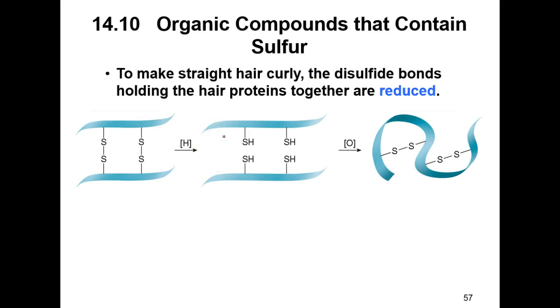All right, basically how a perm works is if you have straight hair, you might still have these bonds, but what happens is that there are two chemicals that you put in the hair in order to get a perm. The first one breaks every single sulfur-sulfur bridge, and it reduces it. Okay, I think it's called a relaxant, I believe.